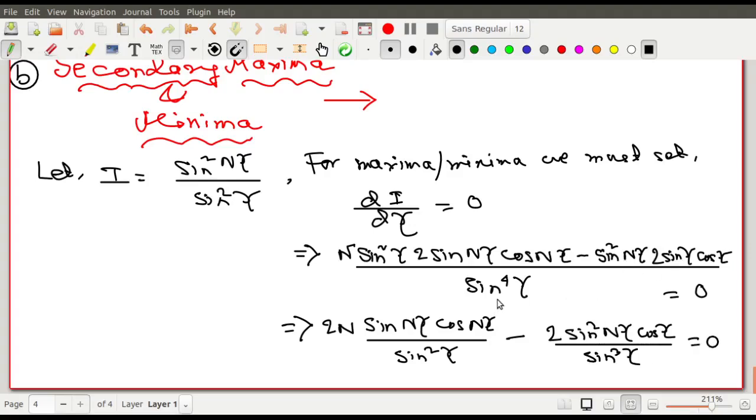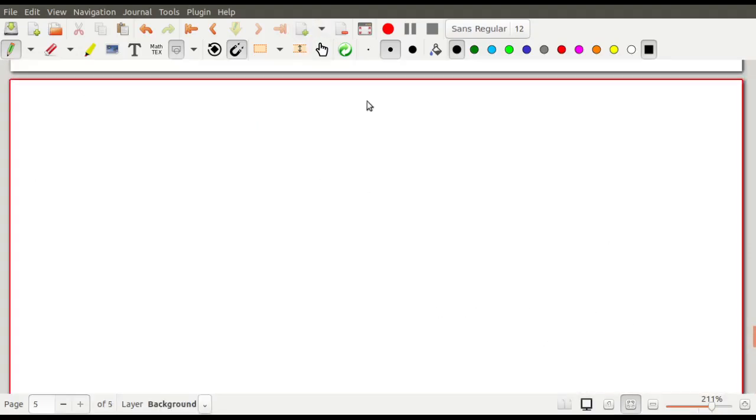Cube why? Because sin and this sin to the power 4 gets cancelled, so that's why sin cube gamma. So 2 will be definitely cancelling out, 2 টা cancel out হয়ে যাবে।